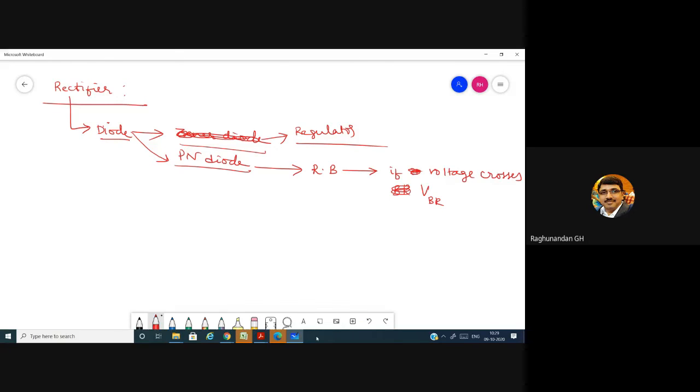Before the diode gets damaged, what will happen? We have discussed two processes which will happen. No, I'm not talking about conduction. I'm asking what happens to the diode. Very good, avalanche breakdown will occur. So after avalanche breakdown, what will happen to the diode?